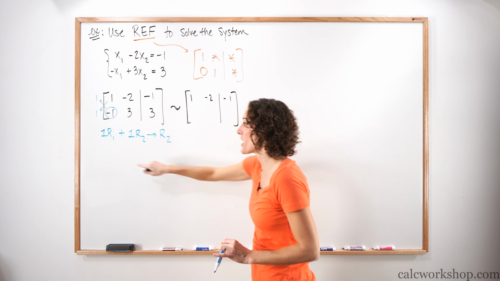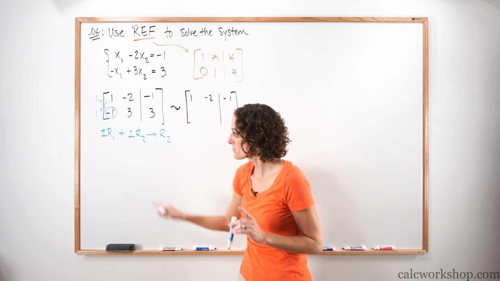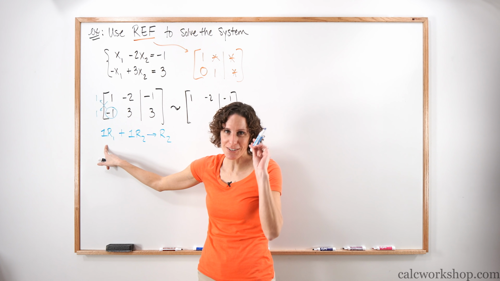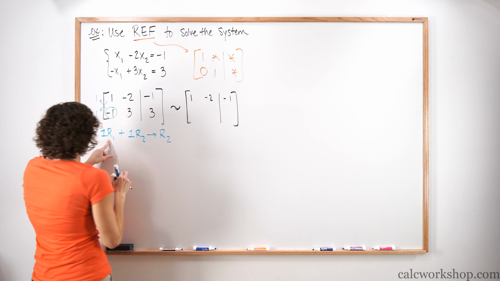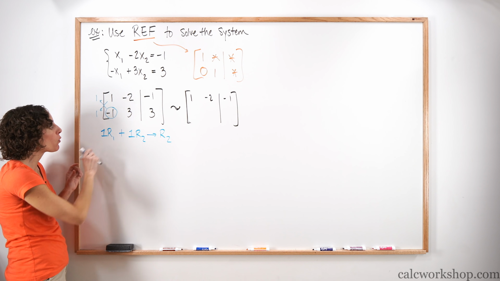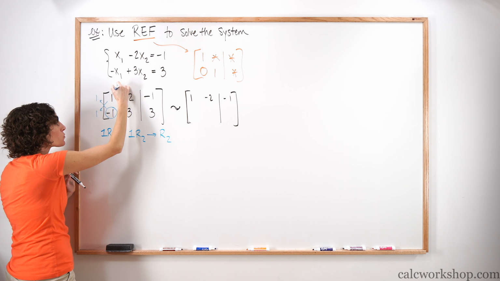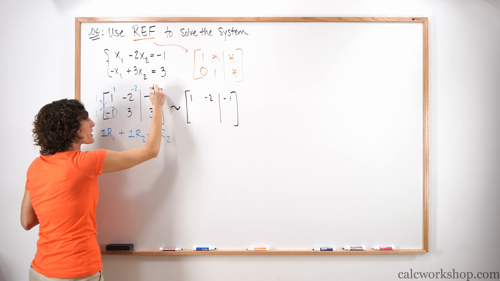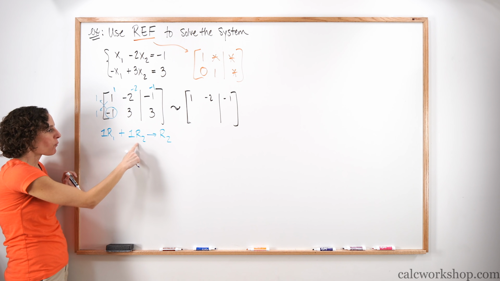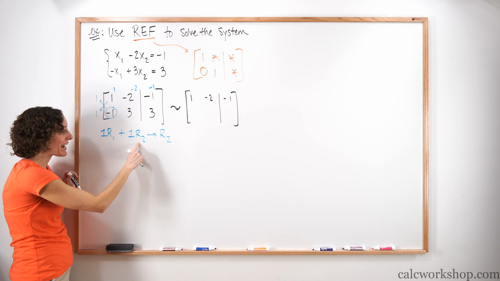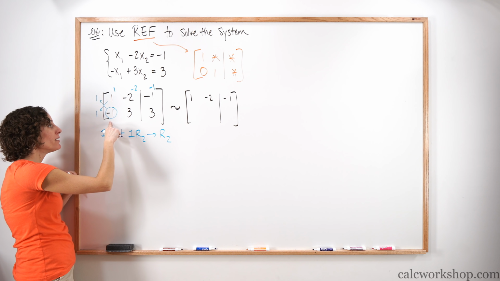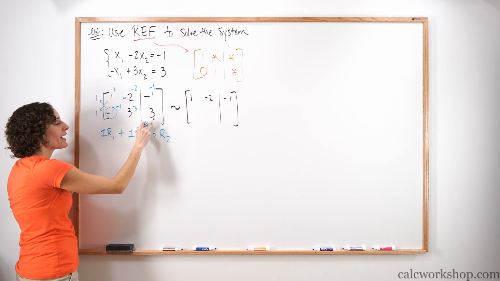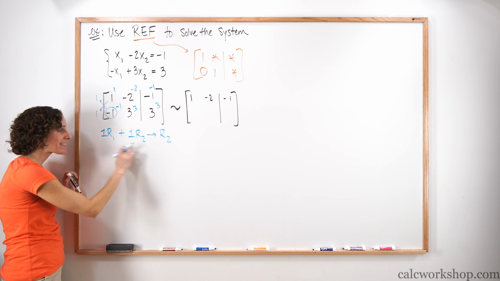Now we're going to perform the operations they want us to. This one's pretty nice, but just because I want to make sure that we see that we're doing something, I'm going to still write it in the little blue color. It says multiply the entire top row by 1. So 1 times 1 is 1, 1 times -2 is -2, -1 times 1 is -1. I've successfully multiplied. What about the second row? We multiply the entire second row by +1. So -1 times 1 is -1, 3 times 1 is 3, and 1 times 3 is 3. I've done exactly what it says.